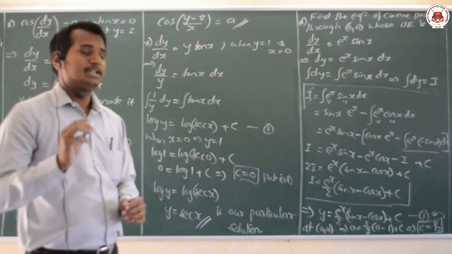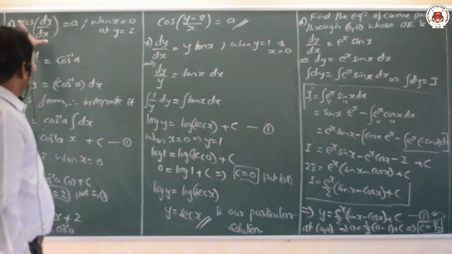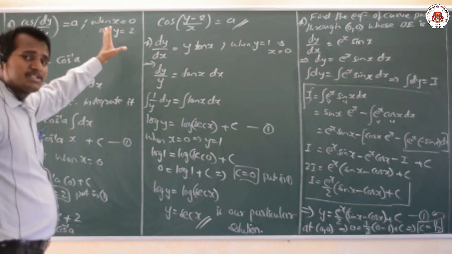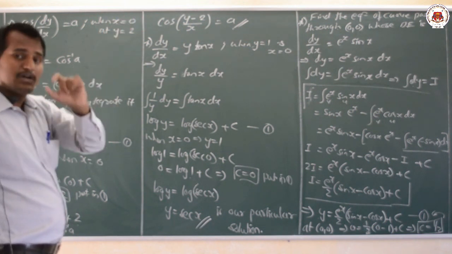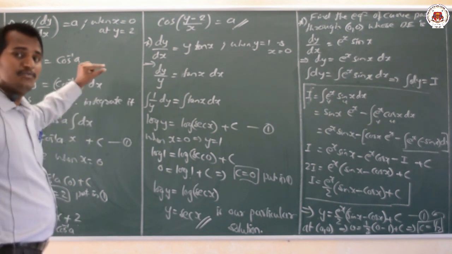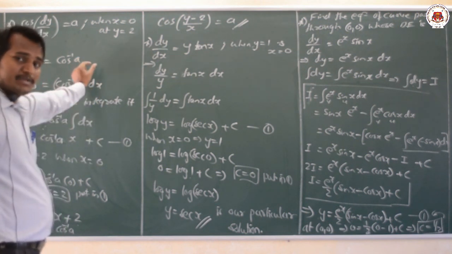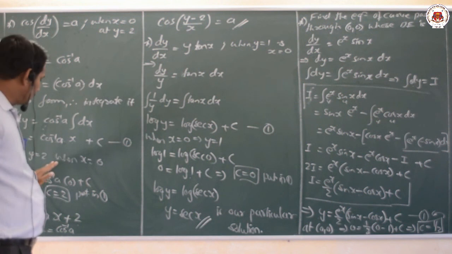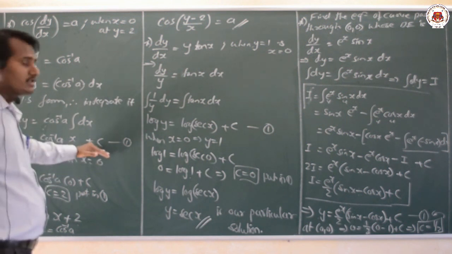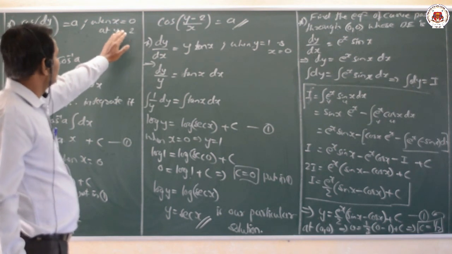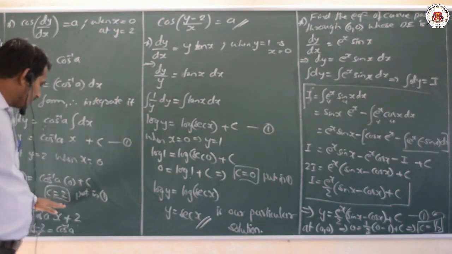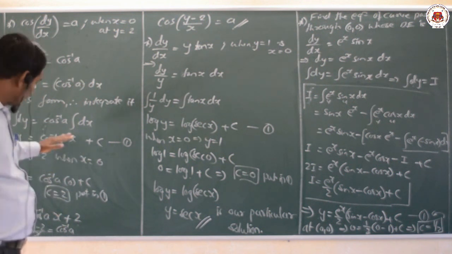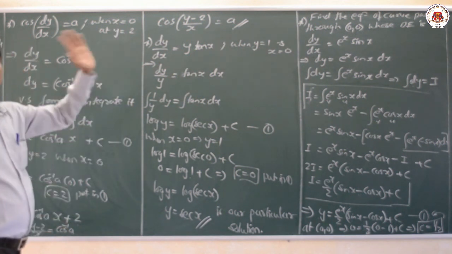One more thing we have to remember here, dear students, very important: whatever the given differential equation is, he will not clearly mention that it is in variable separable form or any other method. You have to identify whether we can frame it into a variable separable form or not. Once it is variable separable, then you have to integrate it and find the general solution. In this general solution, by making use of the given initial conditions, substitute those initial conditions and find the constant value. And after substituting that constant value in the general solution, that itself we call a particular solution.